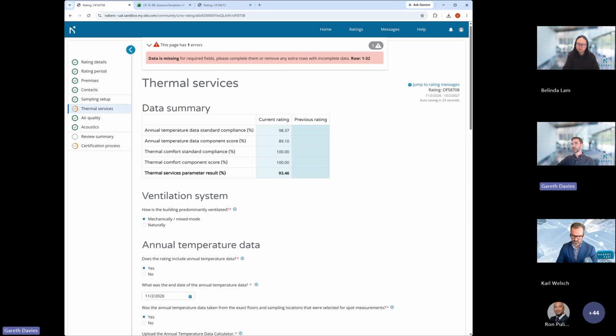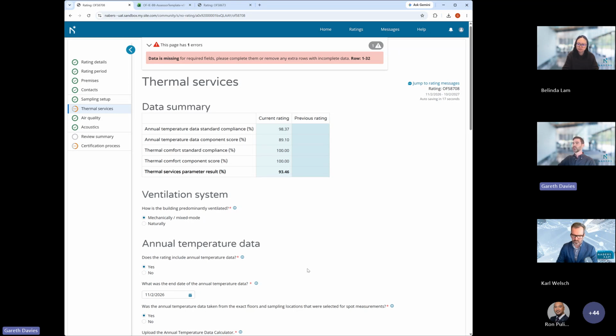In thermal services, at the top, you've got this data summary table, which brings together the key values in one place, and you'll see how the component scores and the annual data for thermal services feed into the parameter result in bold at the bottom of the table, which then contributes to the overall result at the end of the rating, which you'll see on the review summary page. We've done this to make it easier to follow how inputs contribute to the final result.